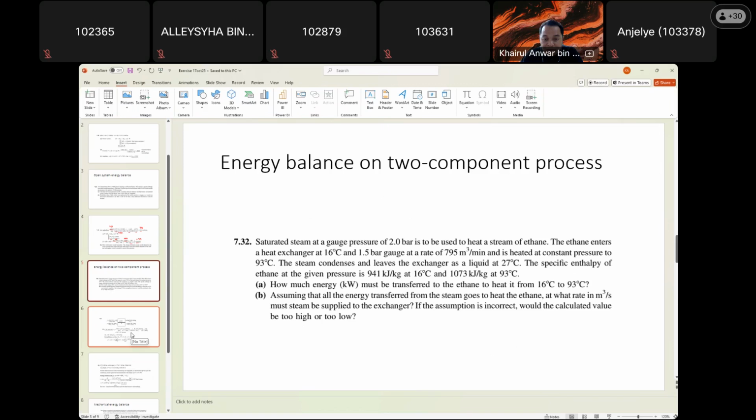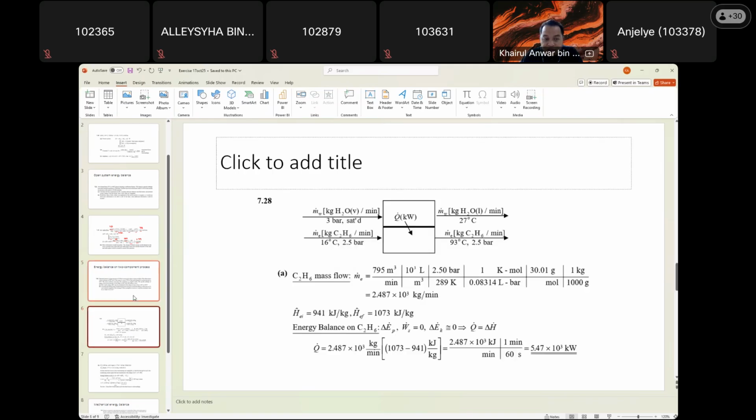How much energy is required to be transferred to heat it from 16 to 93? It's required 5.47. So now,